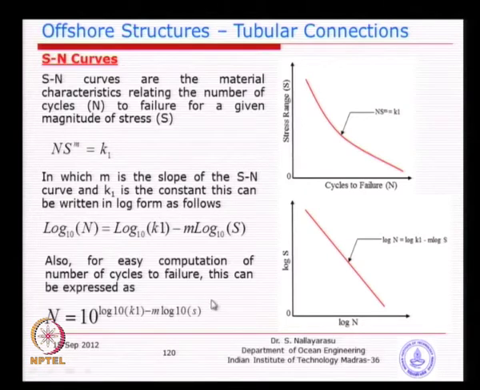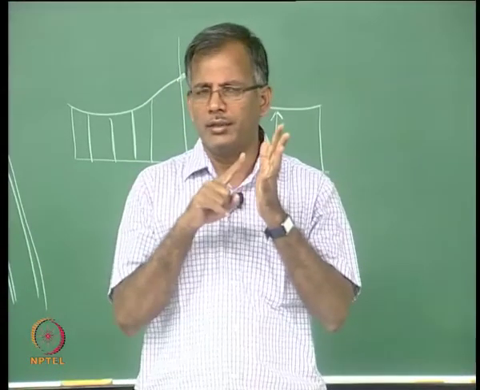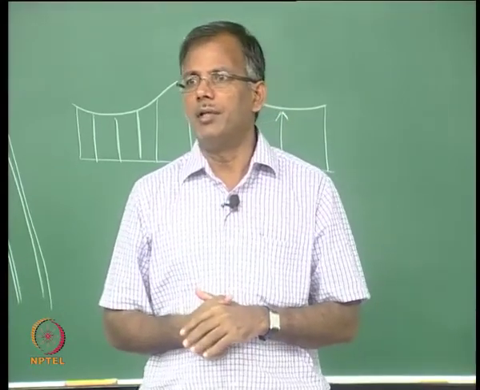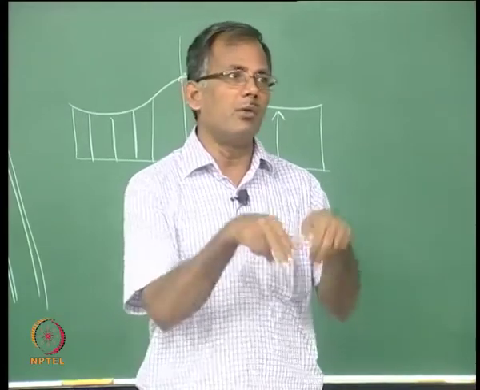You can see here that N is the number of cycles to failure, S is the stress magnitude, the range applied to the joint, and m is the slope of the straight line given there, and K1 is the constant depending on the type of joint, geometry and associated effects. Remember, yesterday we were talking about how the SN curve includes undercut, the weld profiling and the location of the weld toe. So, these effects are already included in here.